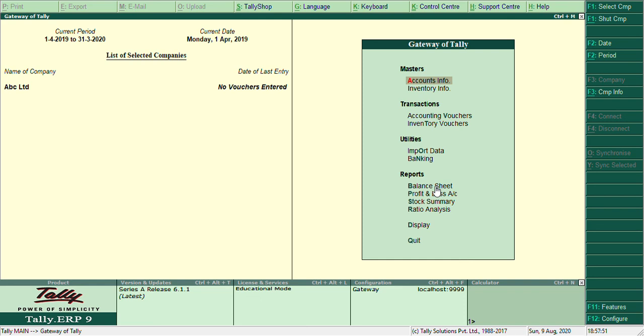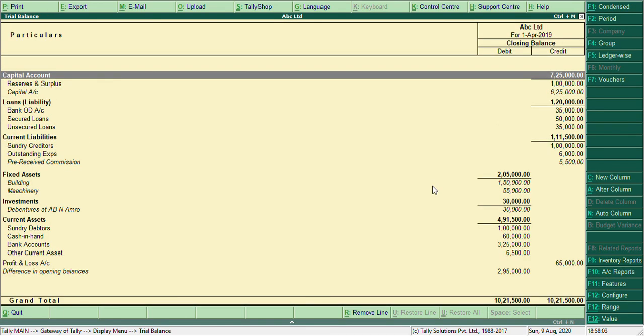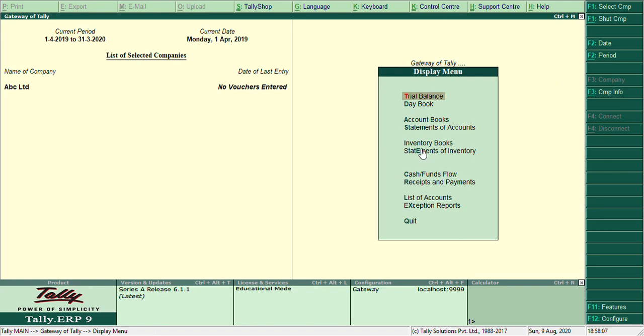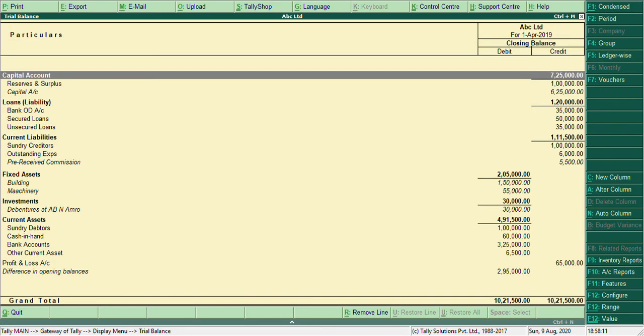Now if you have to see the balance sheet, you can see it under reports. If you have to see the trial balance, you have to go to display, trial balance. You can see the detailed trial balance by pressing Alt and F1.